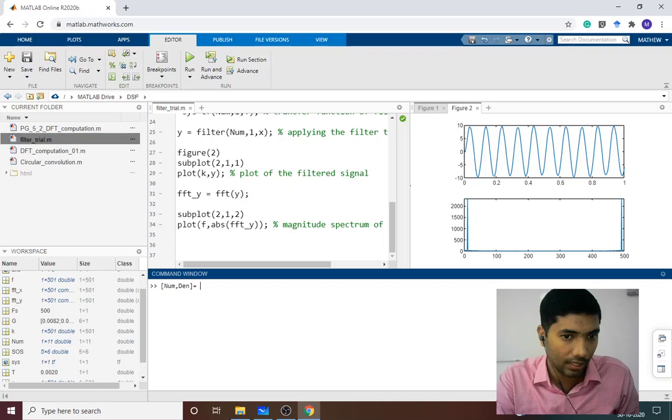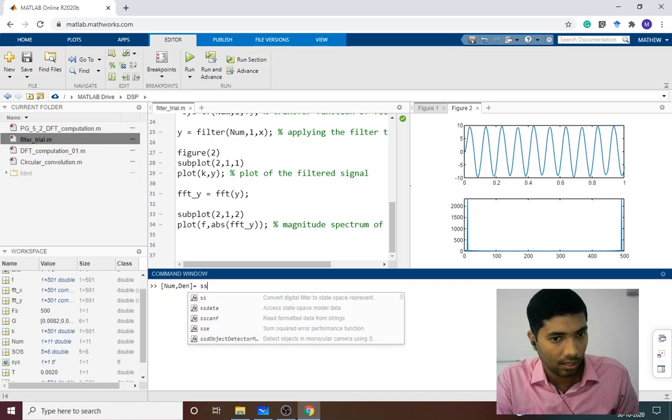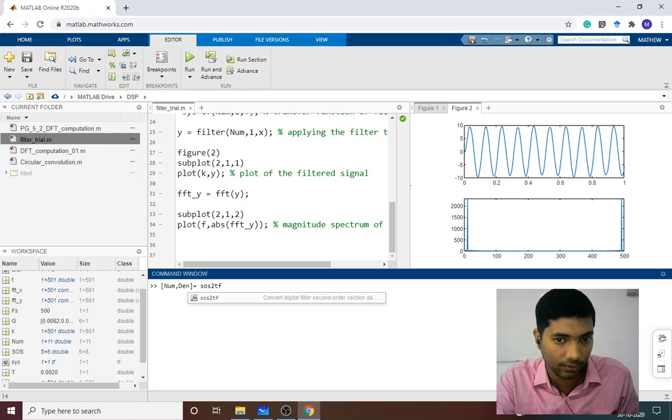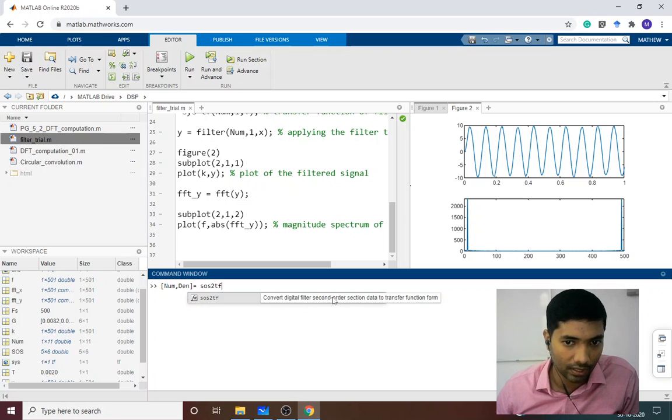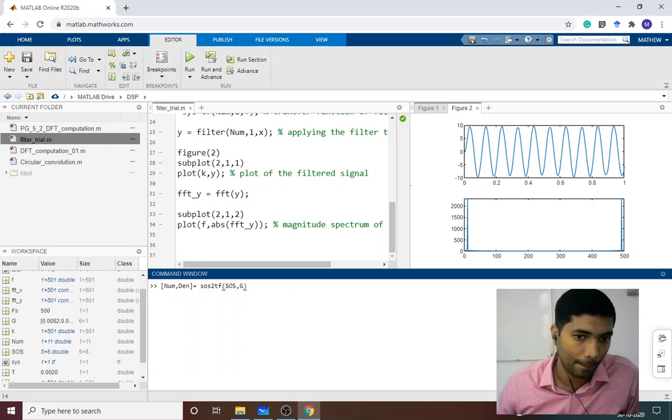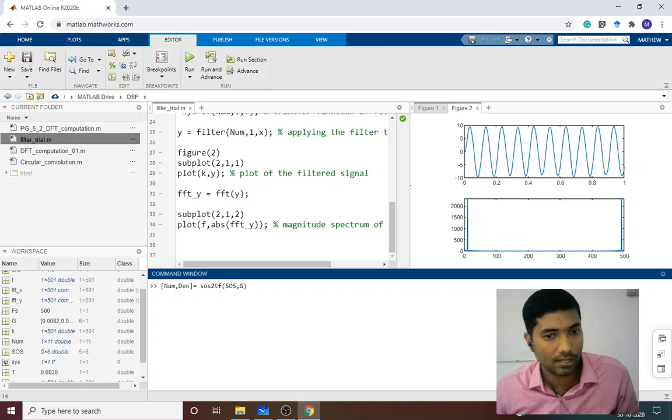and we'll use this particular function. So please remember this function, SOS to TF. Okay, so you can see that it converts digital filter second order section data to transfer function data. In bracket, you need to define SOS comma capital G. So SOS and a capital G is there in the workspace, and this particular function will give the numerator and denominator. So I'll try to run this,